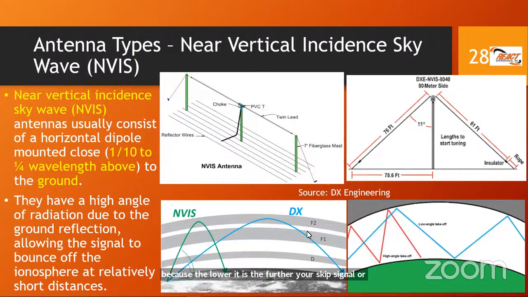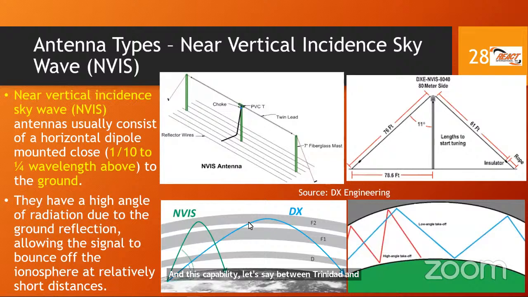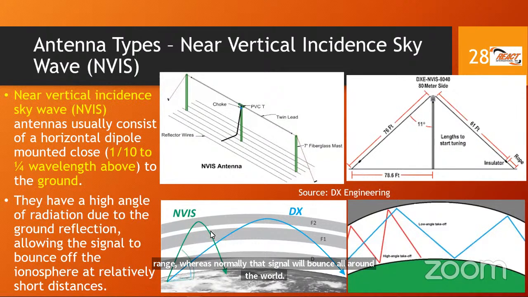You're actually trying to achieve that as a ham. But sometimes you want to communicate close by. Let's say the Caribbean islands, amongst the Caribbean islands, you want to use that NVIS capability. Let's say between Trinidad and Tobago, for instance, you want to communicate short range, whereas normally that signal will bounce all around the world. So NVIS allows that signal to go up into the ionosphere and come back down relatively